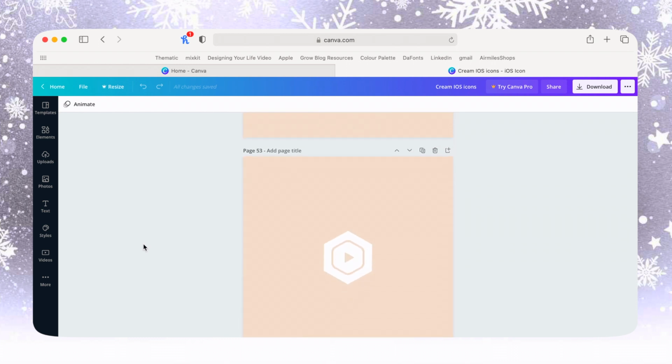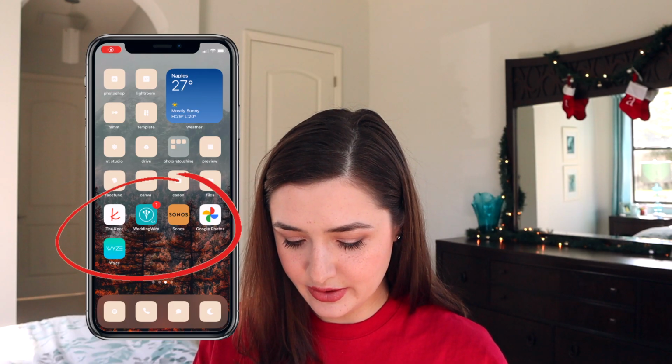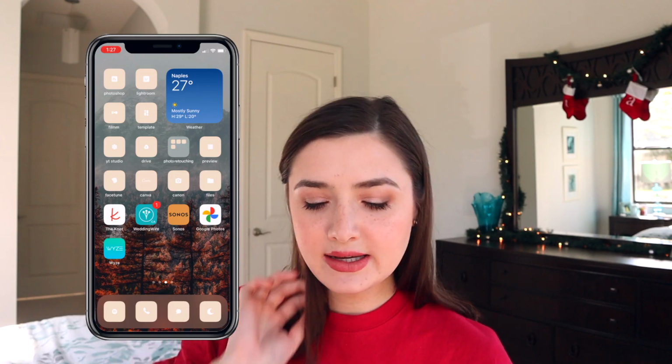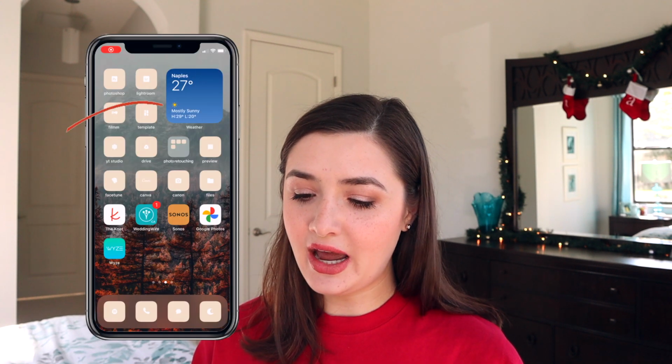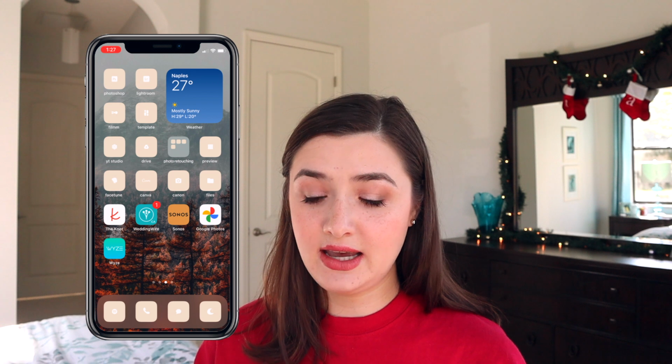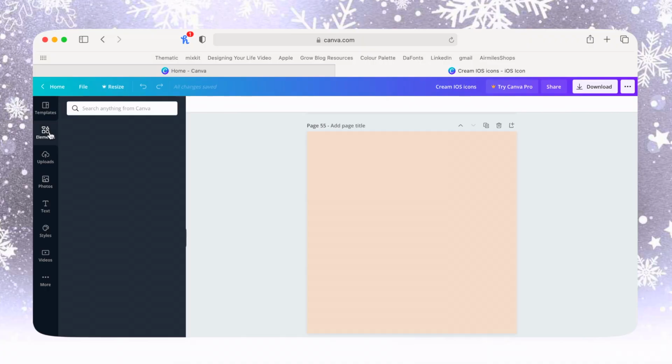But these are them. I'm just going to make a quick new one because I have some recent app downloads that I hadn't customized. And I also just want to mention, I'm not going to change all my app icons. It takes quite a while, which is why I left them kind of plain and neutral beige theme so that I could carry them throughout the season and reuse instead of redoing all my iPhone apps. That would take quite a while every single month or every single season. That'd be too much. So I'm just going to quickly make a new one.